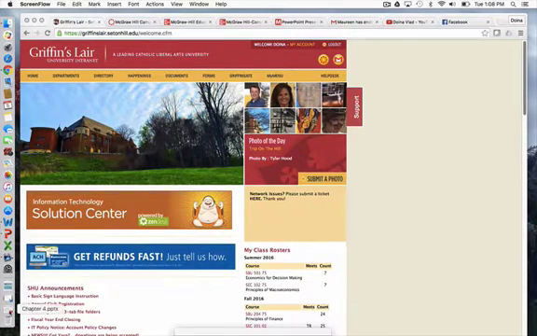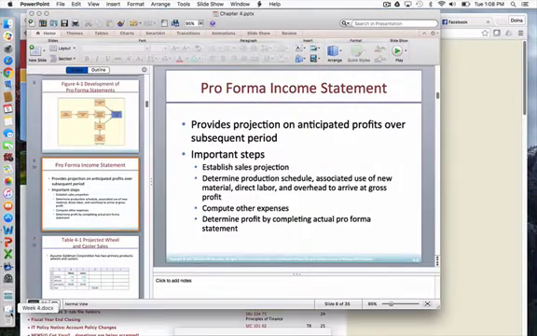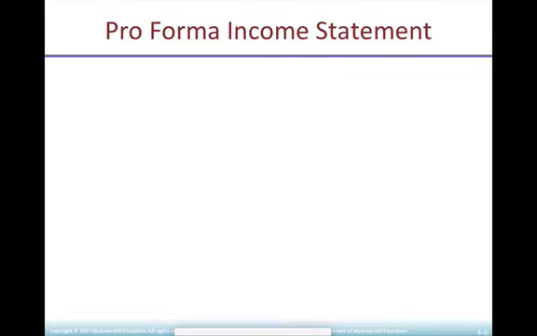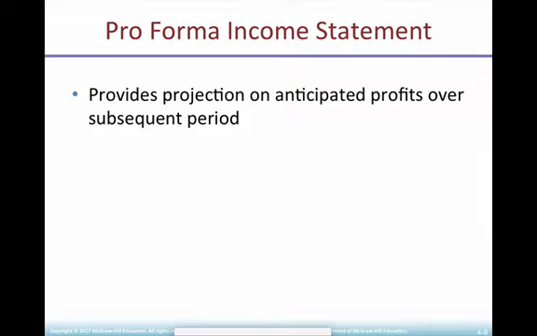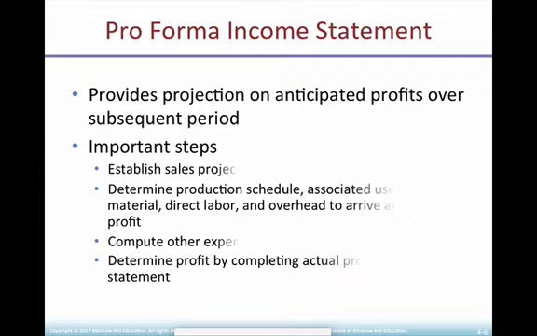So I provided for you this PowerPoint for chapter 4, and I am sure you read the slides up to this point, the introduction on forecasting. And for this recording, we are going to do the pro forma income statement, the first one. So we want to look at the anticipated profits for the next period. And the steps to follow to develop the pro forma income statement are